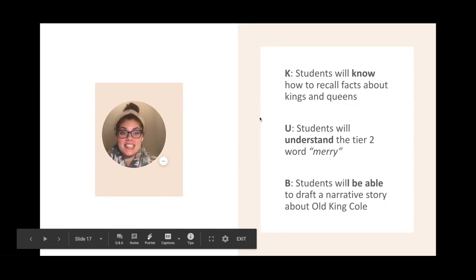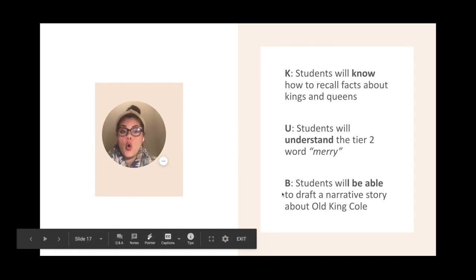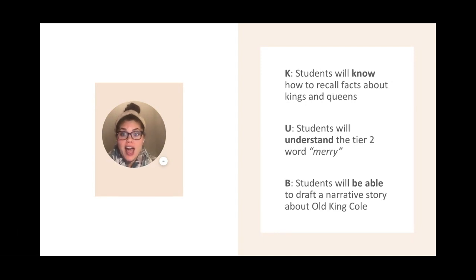Friends, after today's lesson, you will know how to recall facts about kings and queens. So you'll know how to remember the facts about kings and queens we learned. You'll understand the tier 2 word marry, and you'll be able to draft a narrative story about Old King Cole. So you'll be able to make a first draft, a kind of test run of a story, which is a narrative story. A narrative story, Kiva Cubs, is a story that tells a sequence of events about